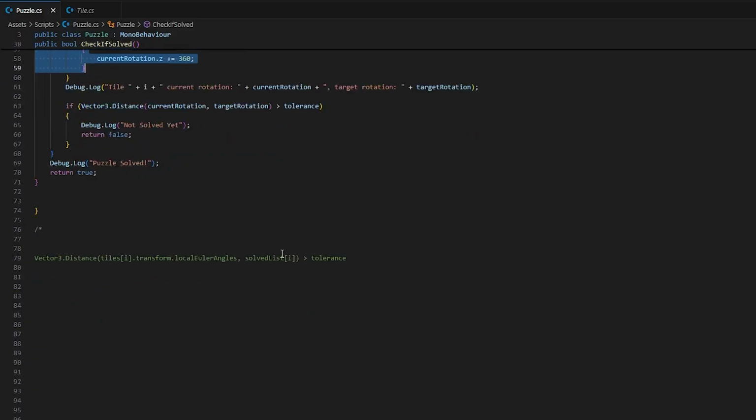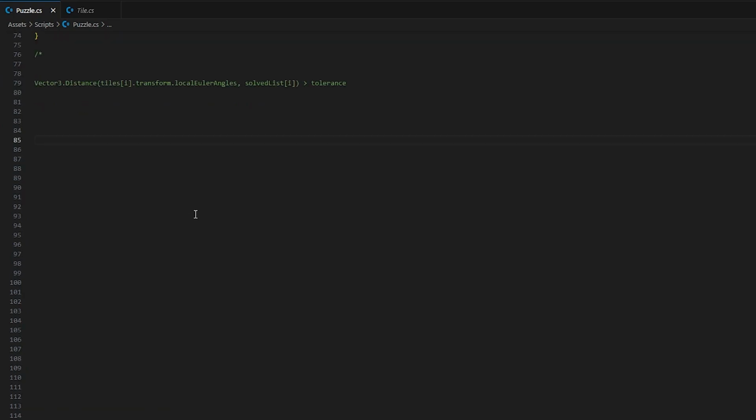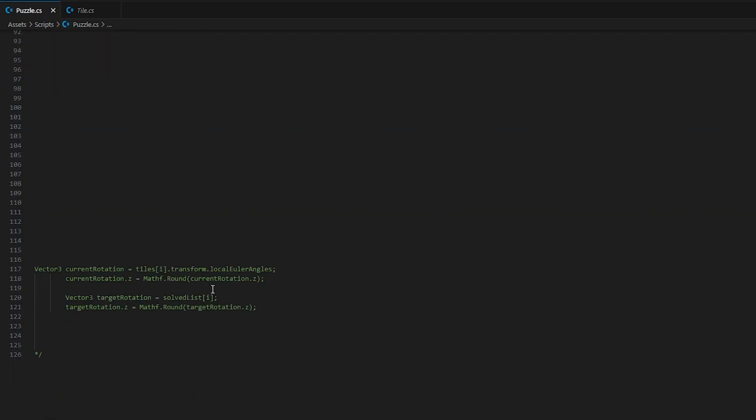And then depending on how you're performing your comparisons, for example, this was my method, measuring the distance between the current rotation and the target rotation, it's not going to be very accurate, because even if the inaccuracies are small, like 0.1 something, this distance is still going to be important. So I found the solution in a random YouTube comment section, and basically what you need to do is